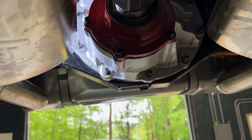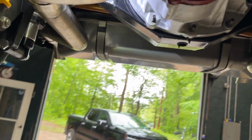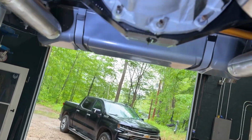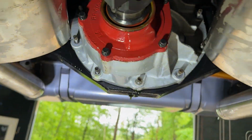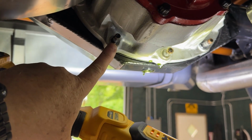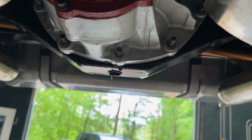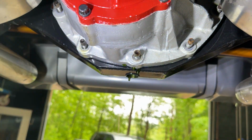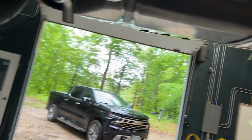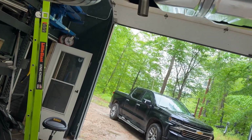Okay, so we got a small issue I want to address. This is kind of a weird thing, but I got a little bit of a leak on the pinion seal, but I also had a leak around this bolt right here. It was coming right out around the bolt thread and the washer. So I had to take all the bolts out and pull it out a little bit,